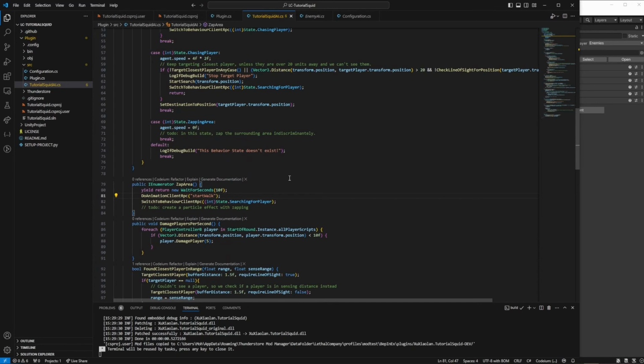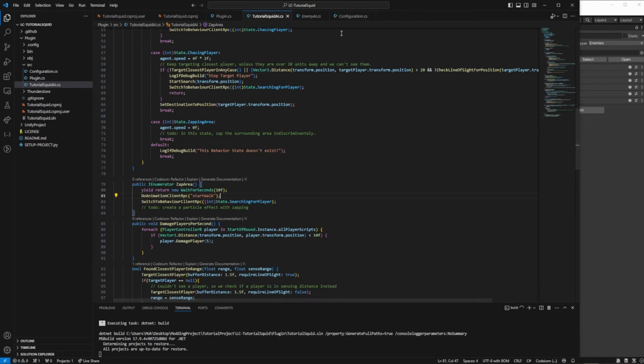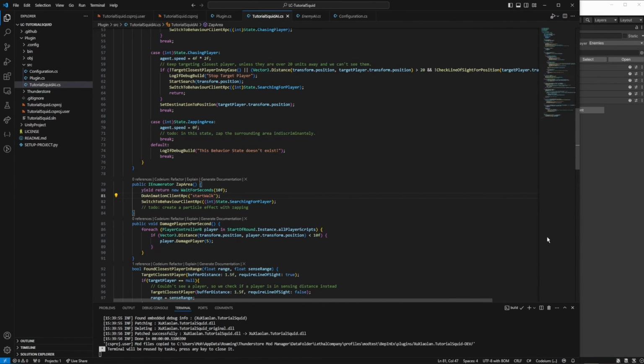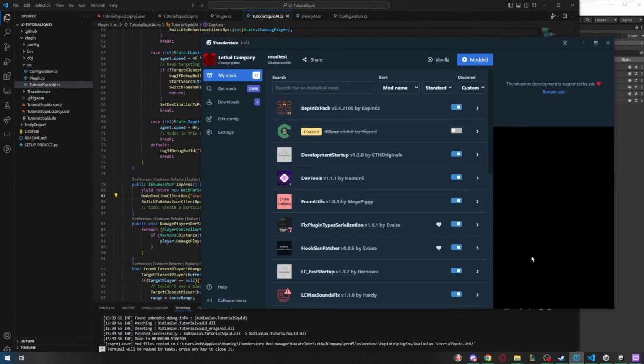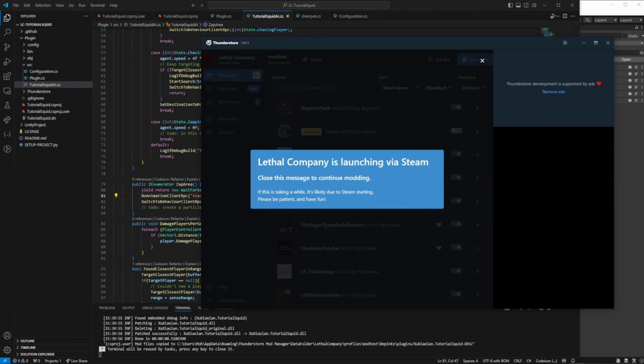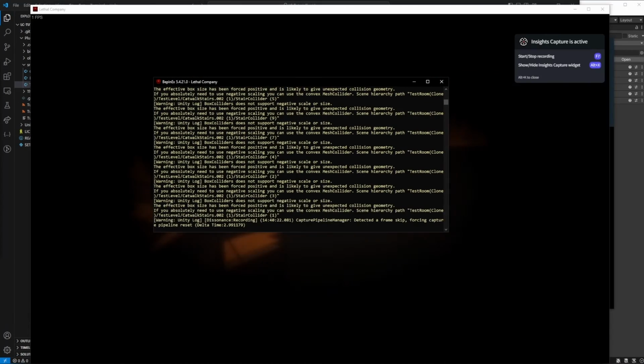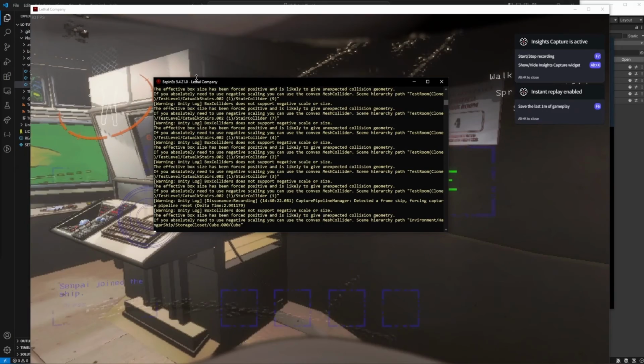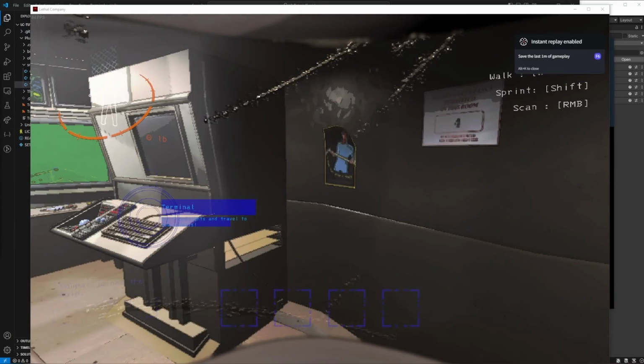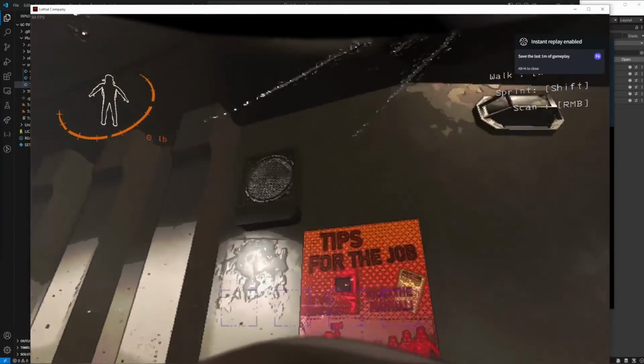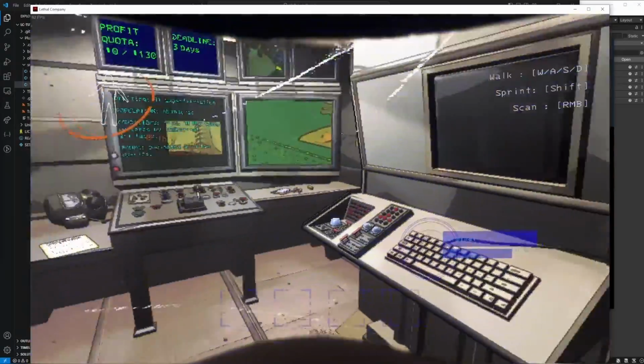We're gonna Control S to save it, Control Shift P, build, and then we're gonna go to our Thunderstore profile and we're gonna start it. Console in my other monitor and the game in my first monitor. So this is the level that